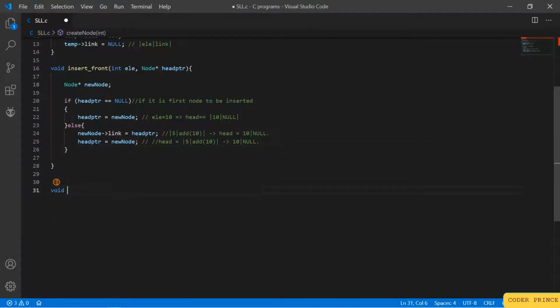Now we'll create the logic for the display function. This will take the node head pointer, right? The head reference will be taken here, because we need to know this head is the main thing. This will contain the first starting node, and the last node is determined by this keyword null, right? This null data part will determine the end of the linked list.